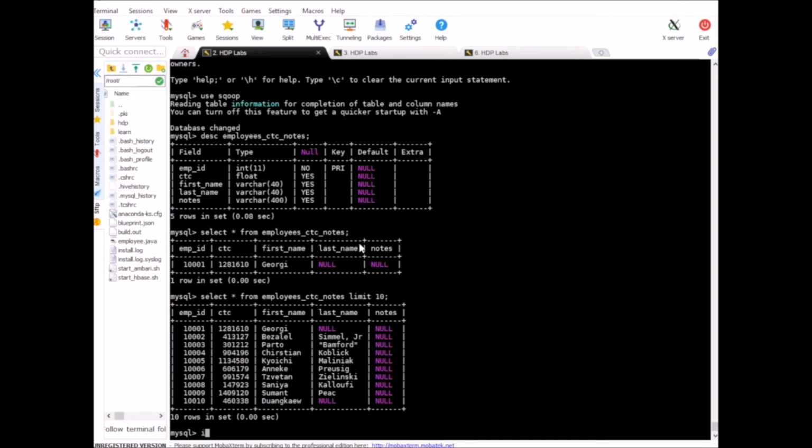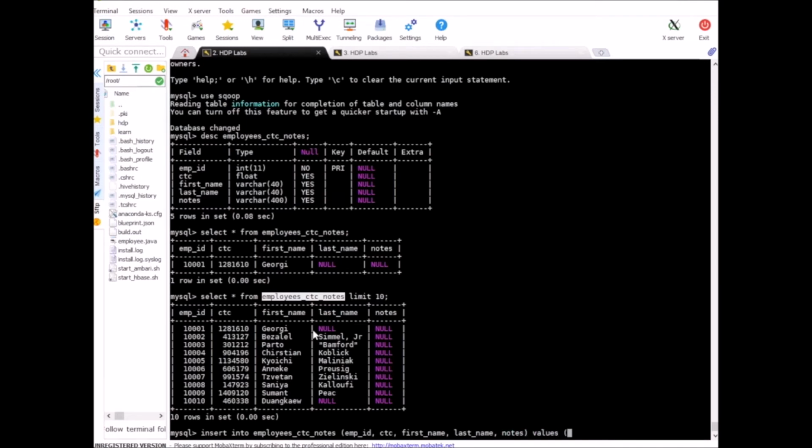I'm going to insert into this table, which has the columns employee ID, CTC, first name, last name, and notes,